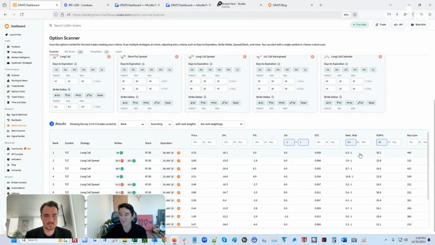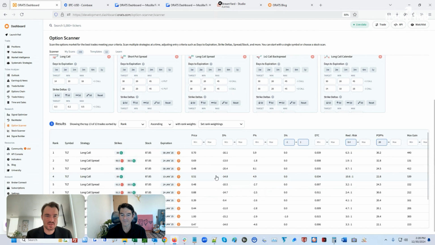And the reward to risk, 6.3 to 1, and a probability of profit of 30%. So based on all those numbers, this one weights higher than the one before that or the one underneath that. Probably reward to risk. The interesting thing here is because we've